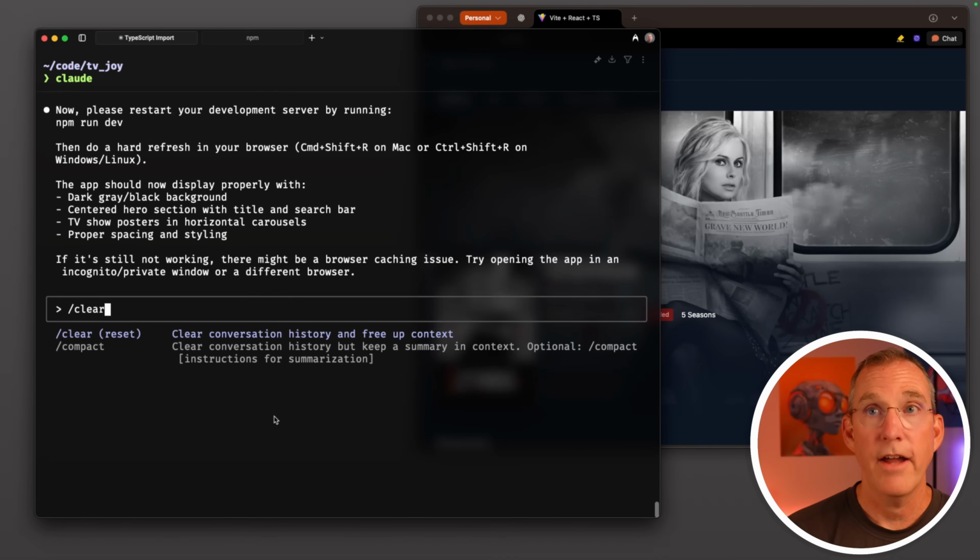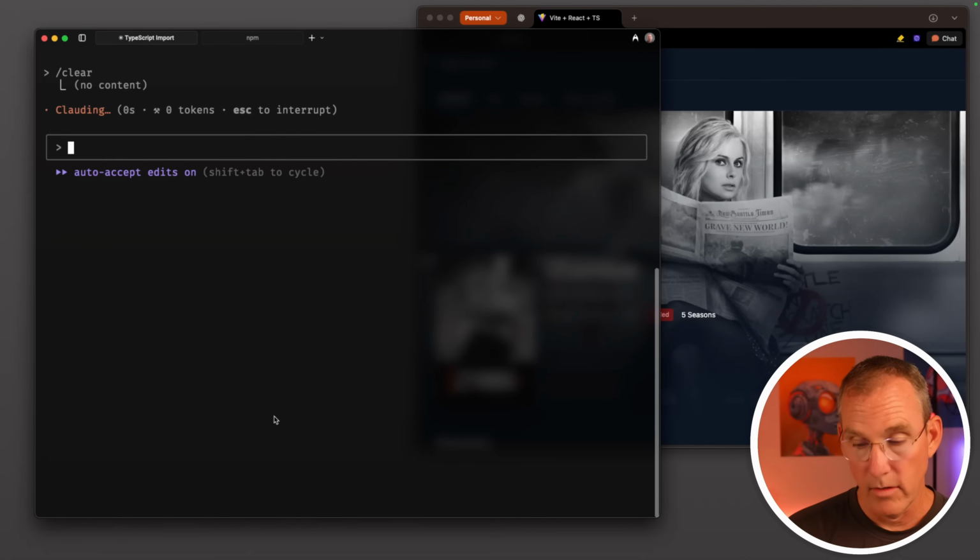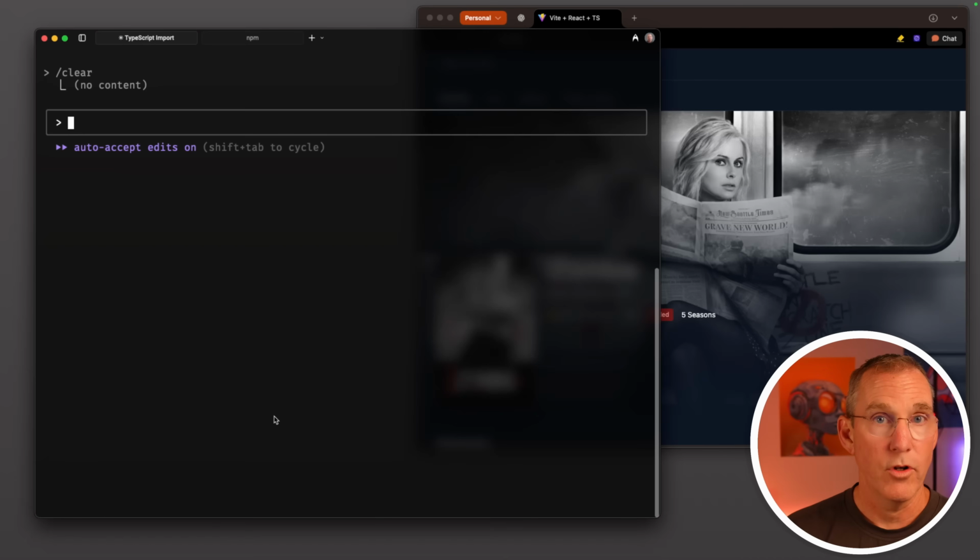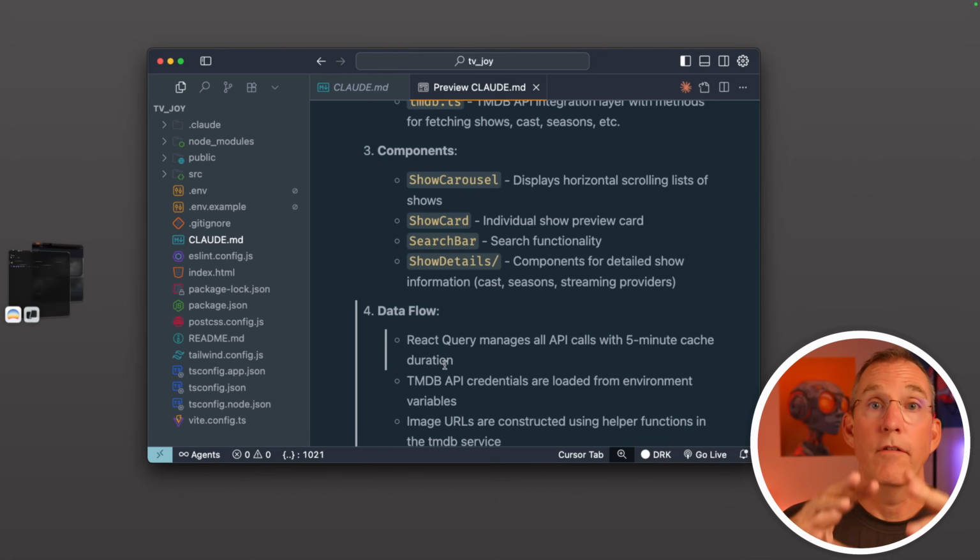So all along, after it finished and it got to a successful place, that first build out, I should have said clear. Now I have no context, and the conversations that I have with it are going to be far more successful. Okay. So now that we have the full picture of how to develop an application, we have one